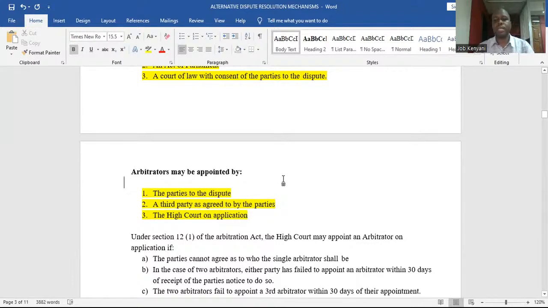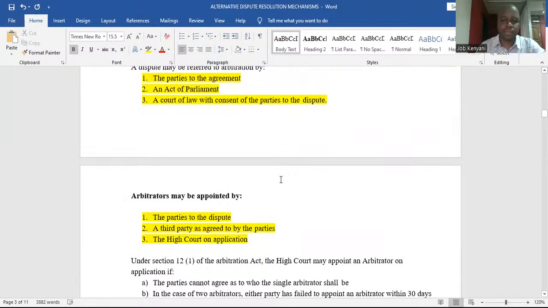So you can see that under arbitration we have a third neutral party who will be able to give what we call an arbitration award. So the third party is the one who actually gives out the verdict. If you look at that question, they wanted us to mention the kind of alternative dispute resolution mechanism whereby there is an impartial or neutral third party who will be able to